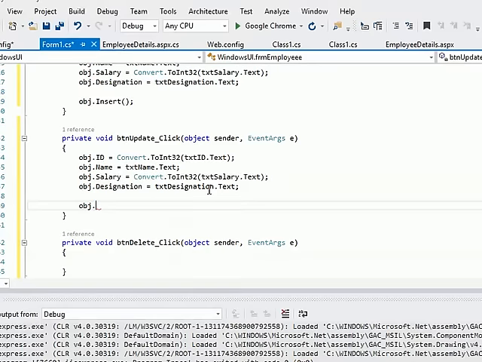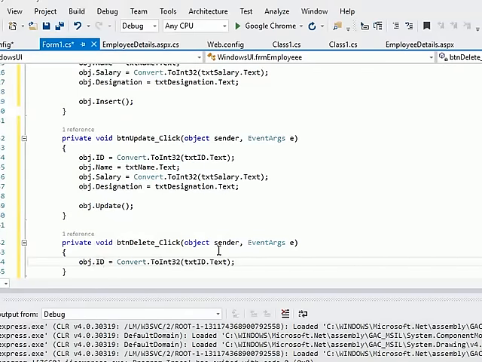Same with update, copy paste: obj.Update. And now it's the turn of delete. So obj.Delete. Okay,